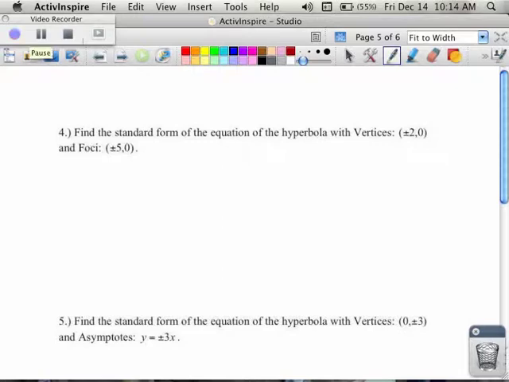So in the second half of our lesson, we are going to be talking about how to write the equation. And just like with our ellipse